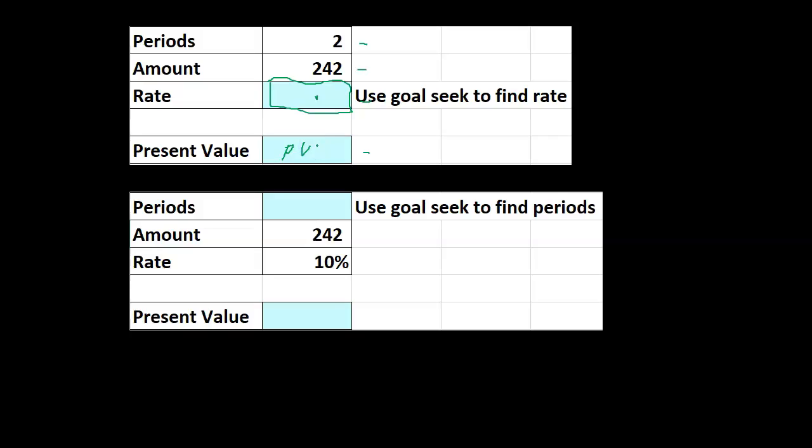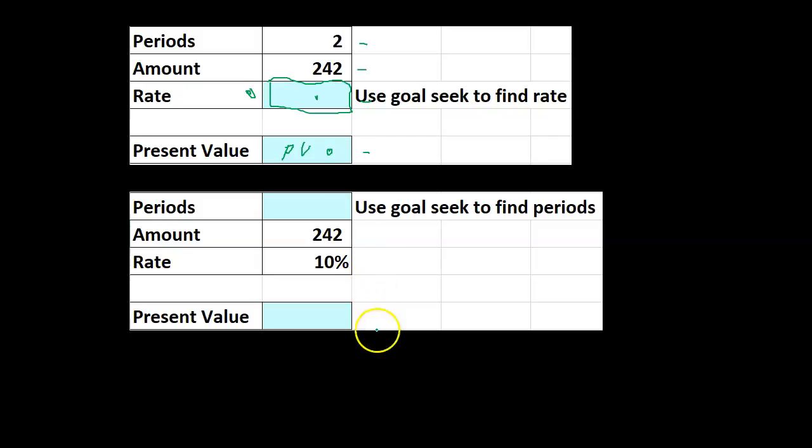And then we'll just tell Excel using goal seek, and I'm just going to explain it here, and you can go to the practice example problems where we'll actually do this in Excel. You can use goal seek and say, hey, goal seek, Excel, I would like you to change this cell to be what the answer is, 200, by adjusting the rate. And because there's a formula in here that takes into account the rate, it will then figure out what the difference should be. In other words, it'll test whatever this cell needs to be in order to make this cell what we told it to be, 200. And it'll basically work that problem out.